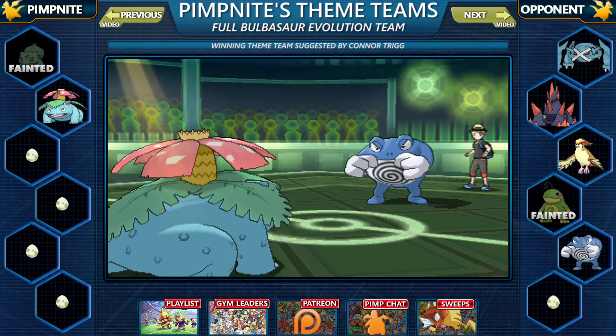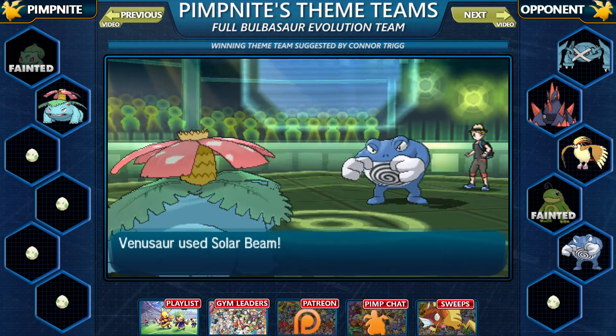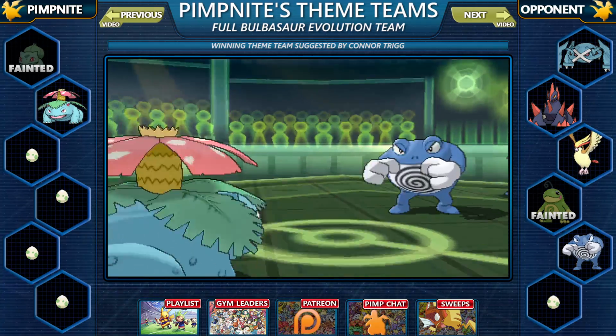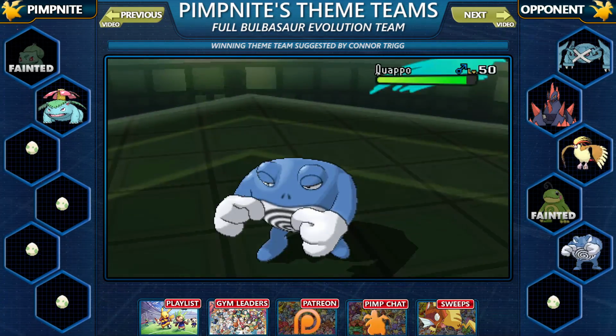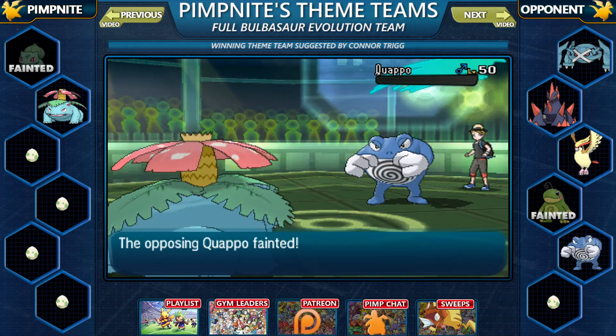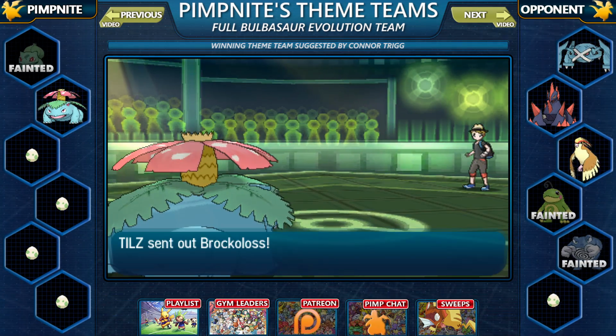I've got my Chlorophyll boost, so I'm going to be fast. Now I can use the Solar Beam to take out the Poliwrath. I don't think Gigalith wants to swap into that one, or Metagross could. That was about the only swap in there, but that one is going to go down to that Solar Beam. Okay, so I still have Ivysaur left, and I have the Venusaur, which is the Mega Venusaur,